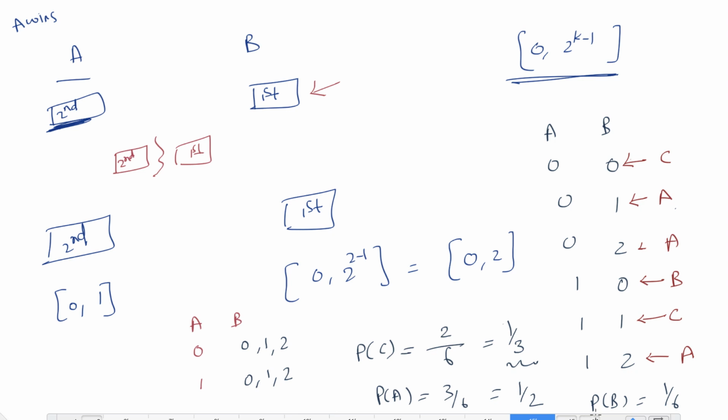Now the probability of collision has been reduced because earlier it was 1 by 2, now it is 1 by 3. And why is it reduced? Because we are favoring A. We are saying let A first transmit the packet and let B wait. We are favoring A, so that's how the probability of collision is getting decreased, and that's how the back-off algorithm works, right? I hope you got the idea.